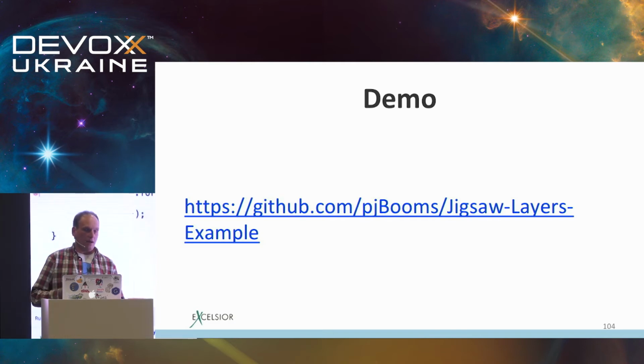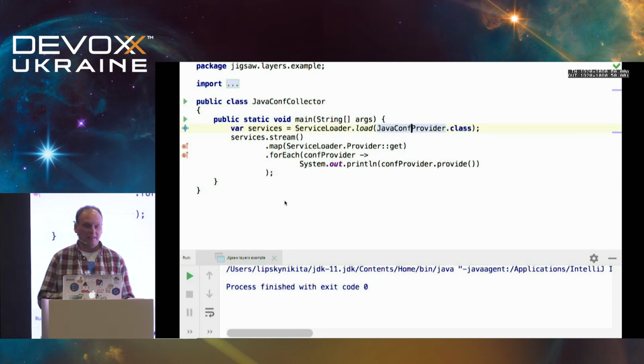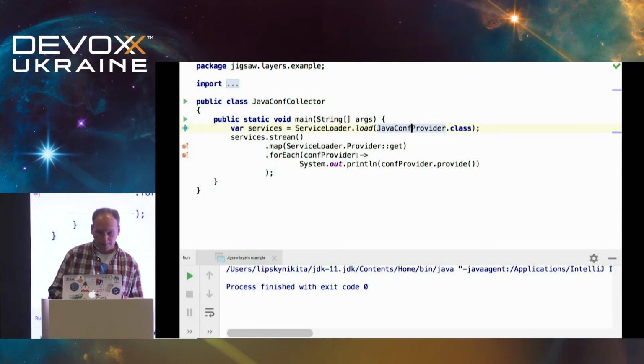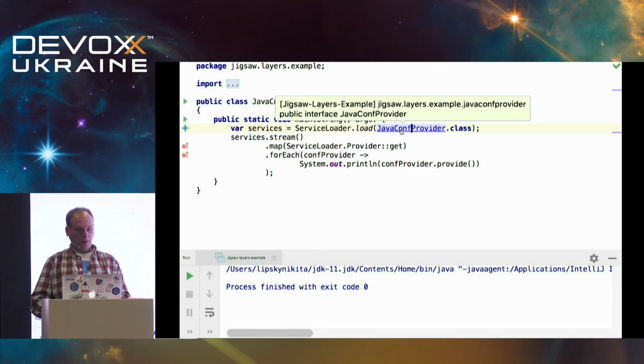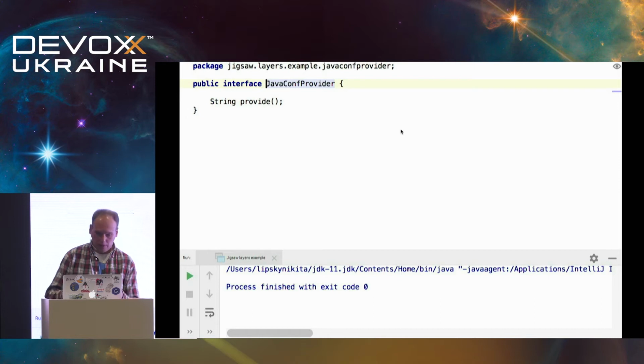I have created a simple application that collects Java conferences around the world. But it collects them not on its own, but using Java conference provider services, which are described by the following interface. It's very simple. It just provides a string.